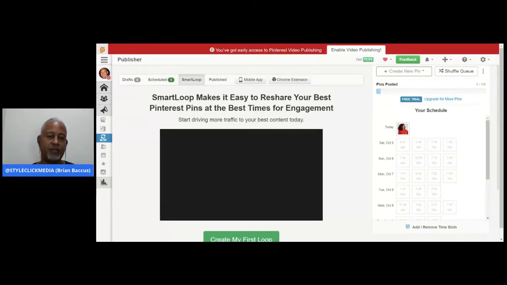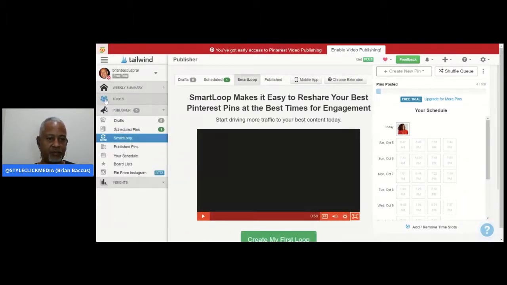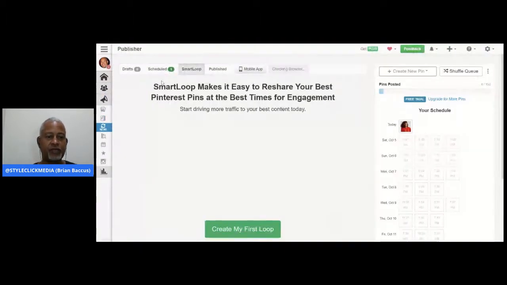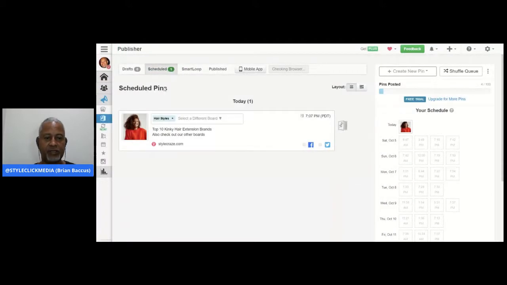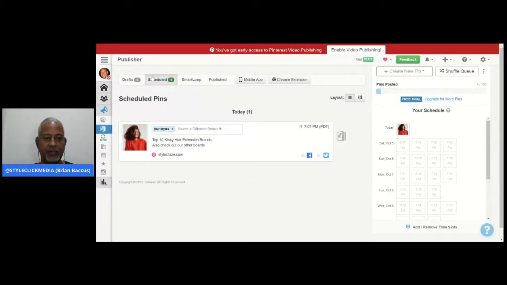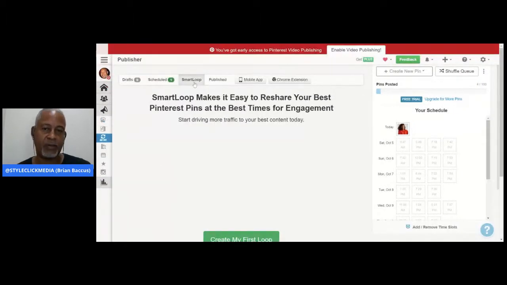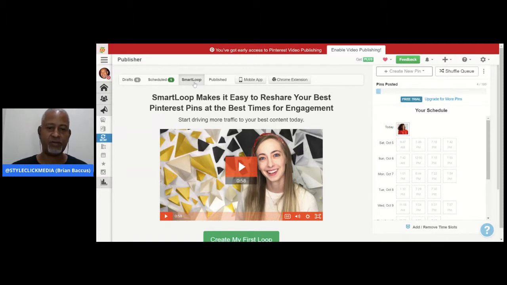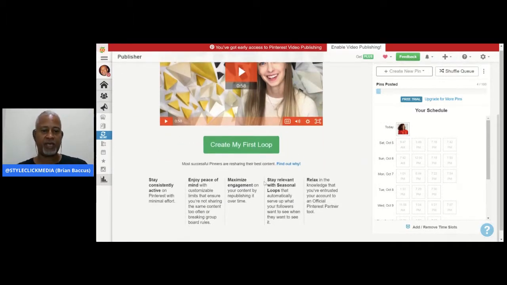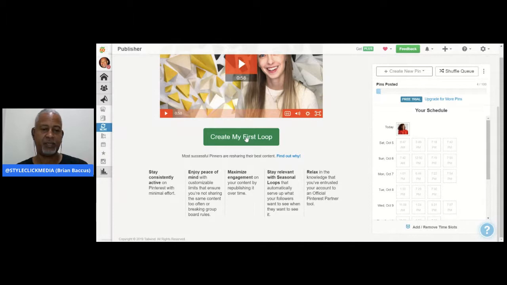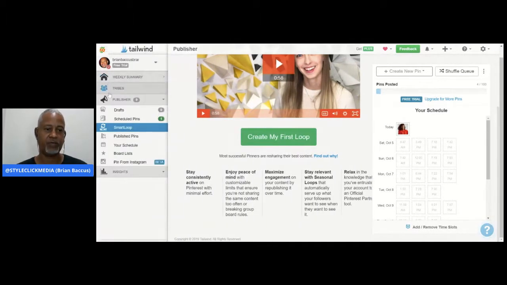So I'm going to take you back into the Smart Loop section right here. Here is where you can schedule different things to be repinned. So that's your scheduling. Smart Loop, and I'm not even going to be on it because I don't really need Smart Loop with what we have. But as you can see, I can go and create a loop. I'm not going to do that today because it could take us into a whole other realm of discussion, and I don't really want to go into that today. Let me do some further investigation on that, and I will get back to you.